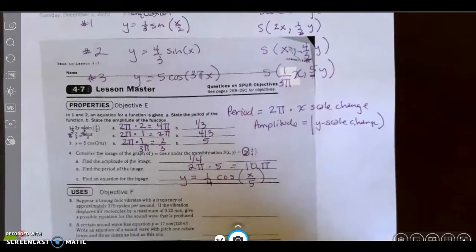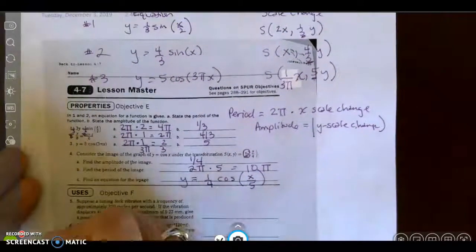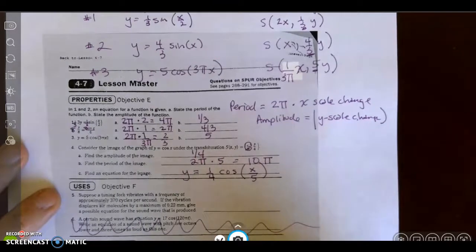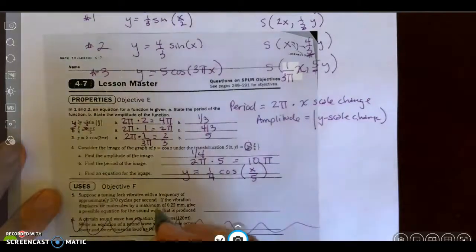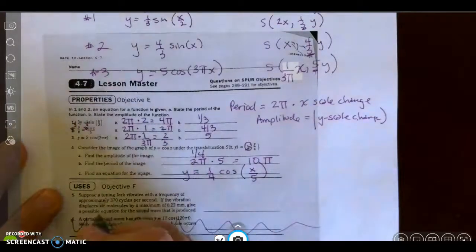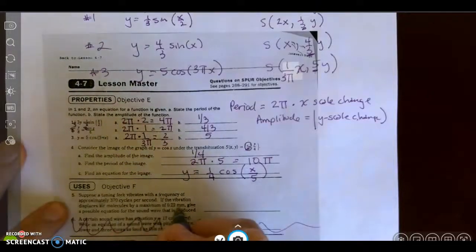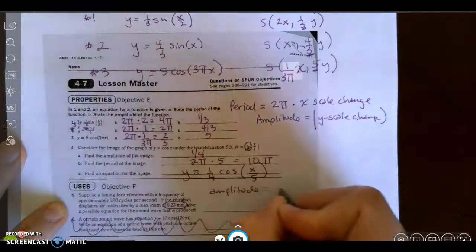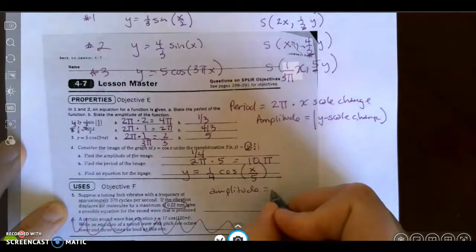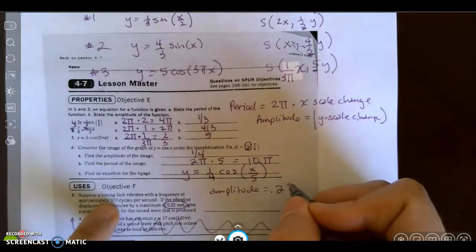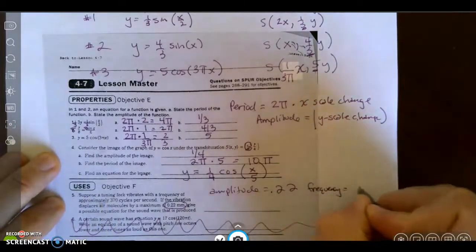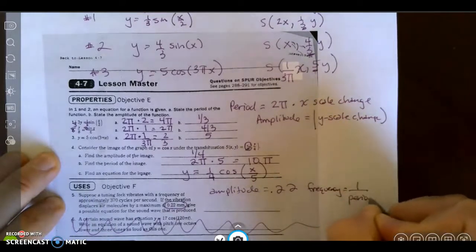Number 5, and you can skip number 6. Number 5 is like the other vibration one we did. I'm going to let you use your notes maybe to help you. I can just get you started on that. Remember that this right here, the vibration that displaces the air molecules, that's going to be my amplitude. And then you can use the frequency to find the A value. Remember that frequency equals 1 over the period. So I'm going to let you do